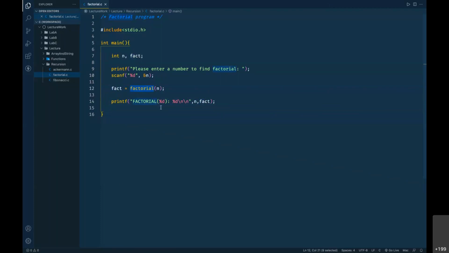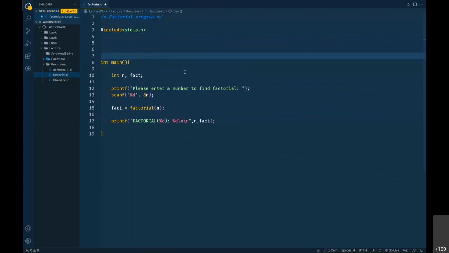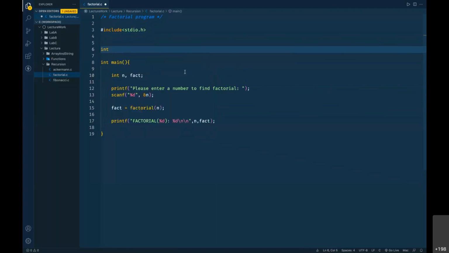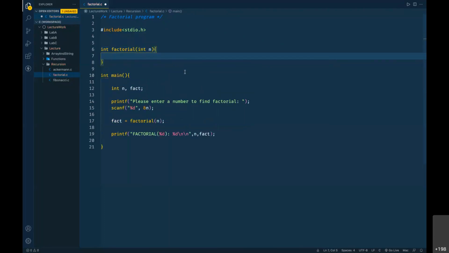Now this is just a user defined function. You have to declare it, you have to define it. I'm directly going to define it here. So in return I will get a factorial answer, and that is going to be the integer data type. So the function type, or return type, is int. Then function name, and then parenthesis. Optional parameters: now we have to pass a number, so here we need a formal parameter. So let's have one parameter, one argument here, integer n, and then we will write the function body.